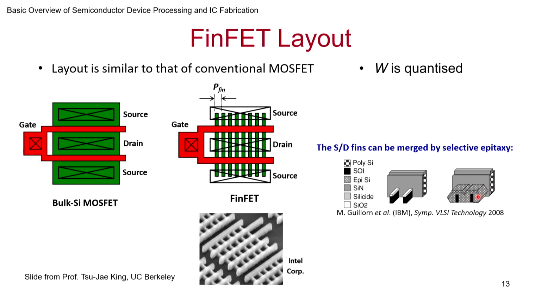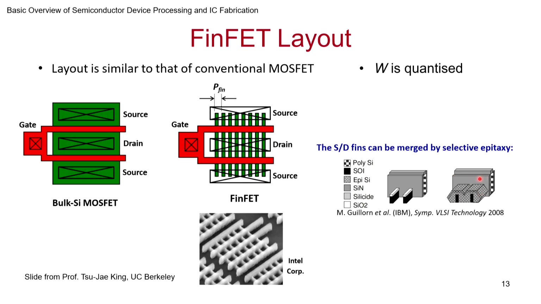What is the advantage of this? It's much easier to make an electrical contact on this, and as a result the series resistance to the source and the drain contacts are much lower. That is important, as anybody who has done device physics and has some basic idea of device modeling will know, the source drain resistance to a MOSFET is very critical. If they go high, the voltage that you are applying will end up at that point, and it will be hurting you both in terms of the gate voltage that you are able to supply as well as the drain voltage you are able to supply. So it's a good idea to make sure that you are able to give a good contact.